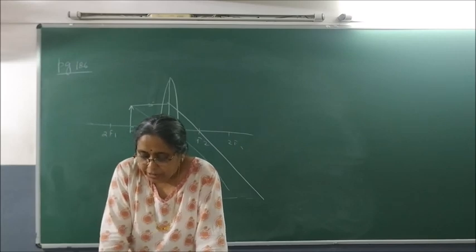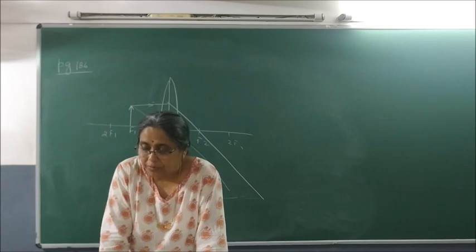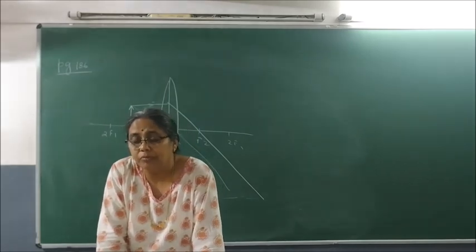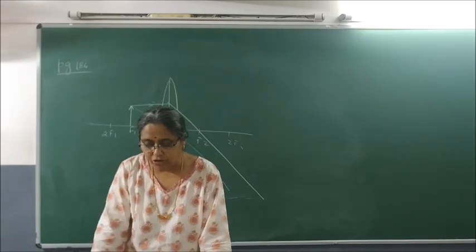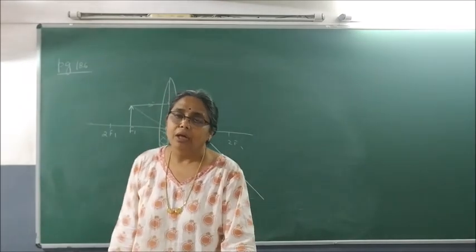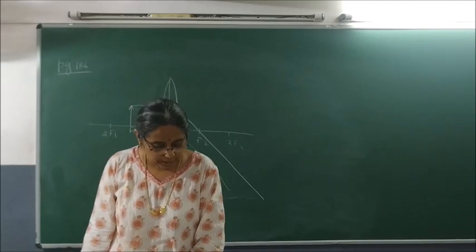Which one of the materials cannot be used to make a lens? Water can be used, glass can be used, plastic can be used, clay cannot be used because it is not transparent. Okay, so this finishes your exercise questions.